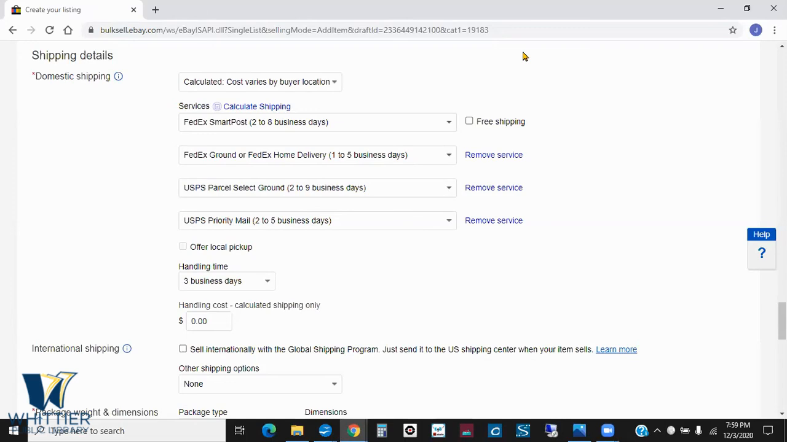So yes, eBay will calculate all that and it will show it to the buyer. So that's the best way to do that, because there can be such a huge difference in prices based on where people live. Now, one thing I wanted to mention,